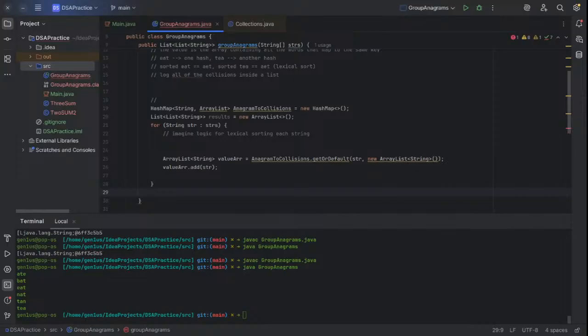So results dot, I think, just add, and okay, I think for each iteration, once you have the array list created,